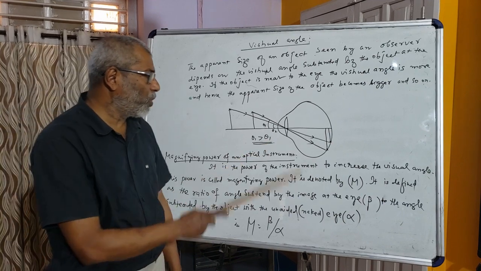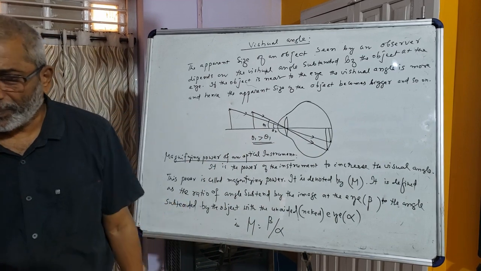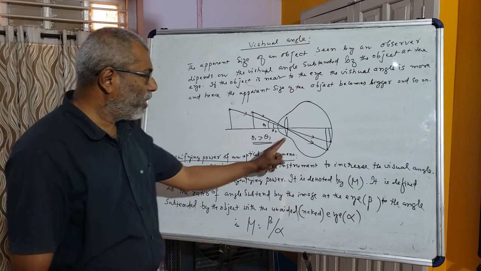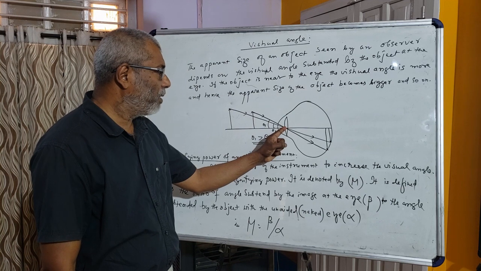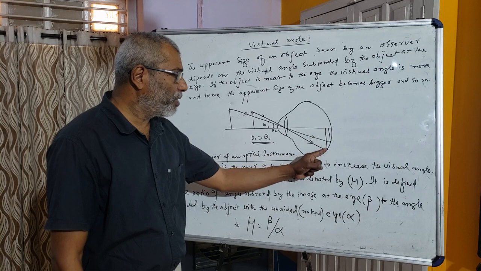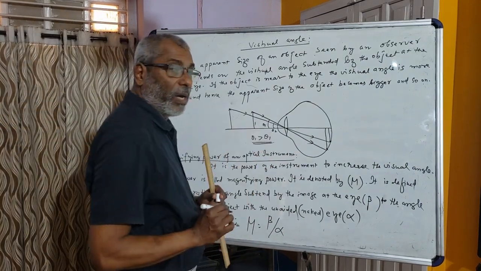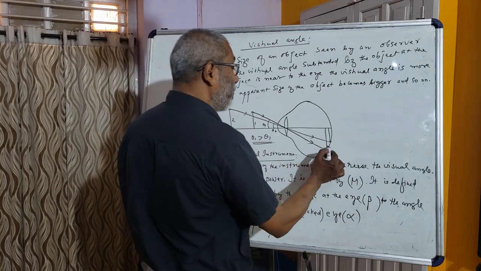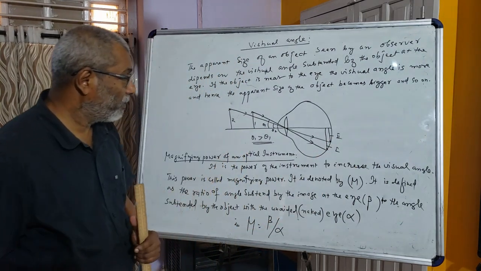This simple figure shows the visual angle. In this case, the object in figure number one is near to the eye, and the ray of light passes through the crystalline lens of the eye and meets this point on the retina. The image formed is this one. So this is the object at the first position, and this is the object at the second position. This is the first image and this is the second image. See what is the difference?